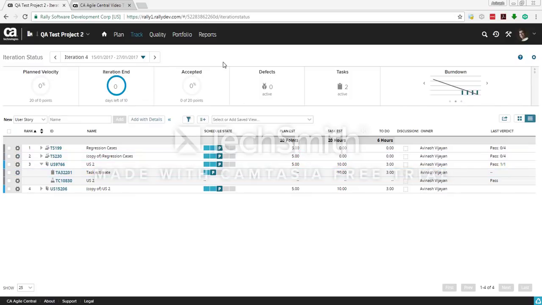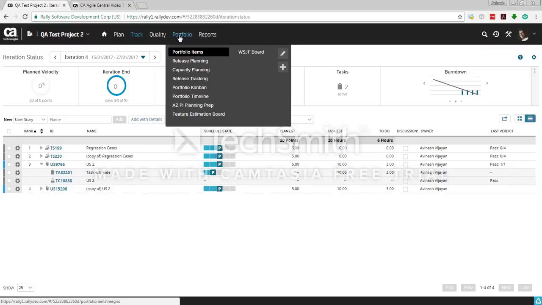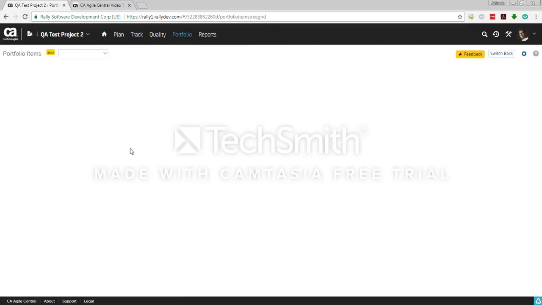I'll now show you how to create some basic artifacts in CA Agile Central. So first of all, let's start with an epic. So basically epics are the top level requirement type. Epics and features are actually known as portfolio items. So if you go to portfolio menu and portfolio items, you can actually see